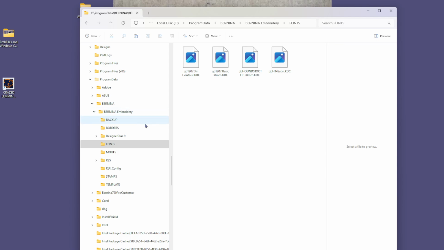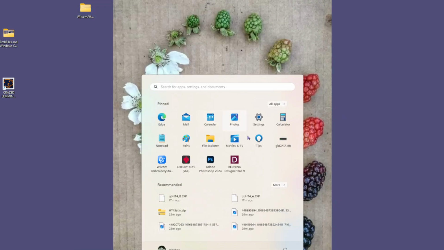So it's just that quick. Once you put this in your Bernina data folder, not where your program files are, but your program data, okay, you're all set. Now when I go back to open up my software,